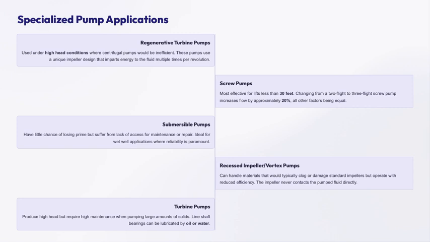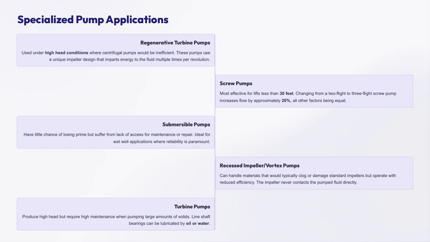Finally, we have turbine pumps. They're capable of generating very high heads, making them suitable for specific high-pressure needs. However, they do require more maintenance, especially when pumping large amounts of solids. Their line shaft bearings can be lubricated with oil or water, which is an important consideration for their operation and